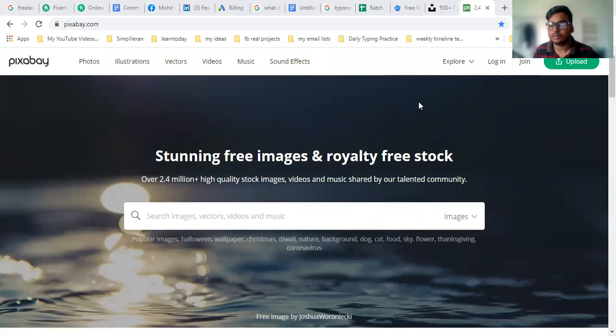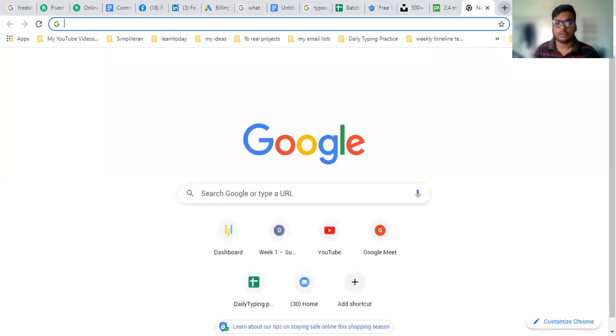Okay, I am sharing my screen with you for this. So the first method is you can download images from Google, but you cannot use all the images from Google.